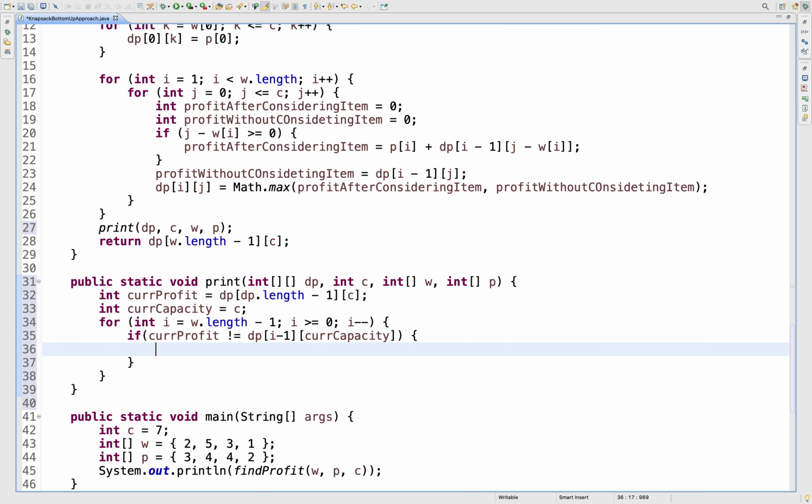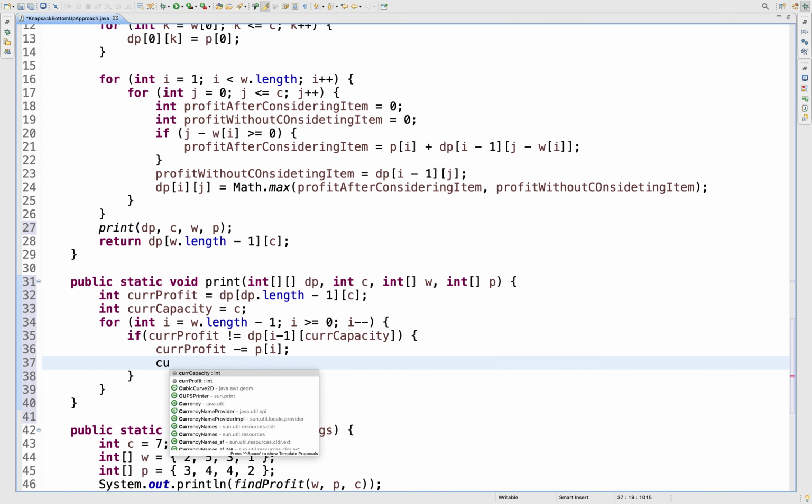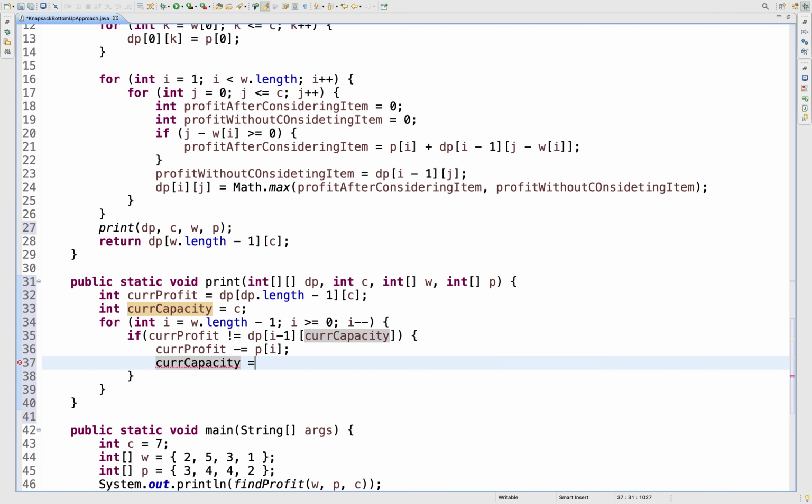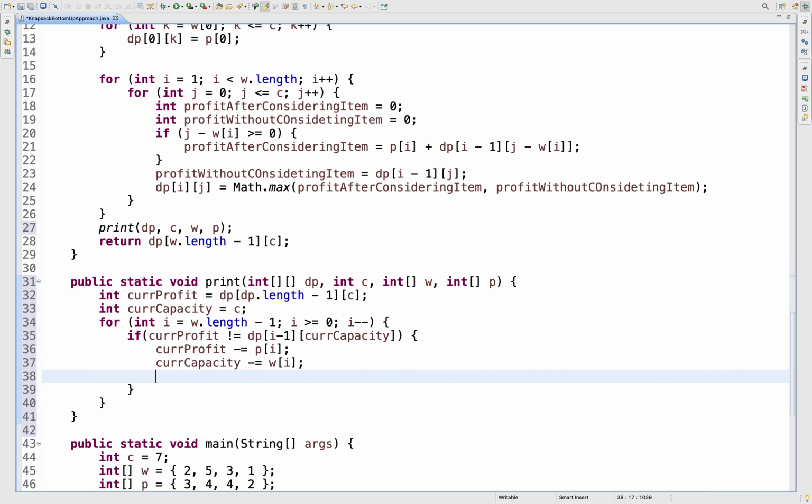If it is not equal, then you will update the current profit value. So now your current profit will be profit minus equal to profit of this ith item, and your current capacity will be reduced by the weight of the current item. Anything else you need to update?